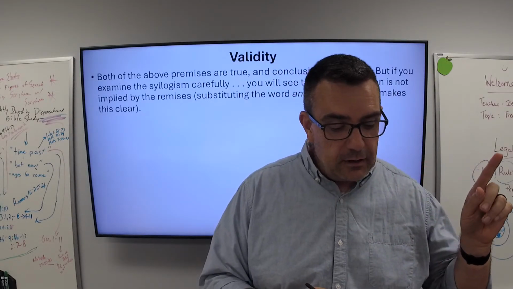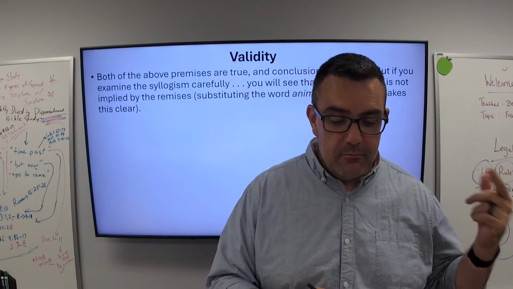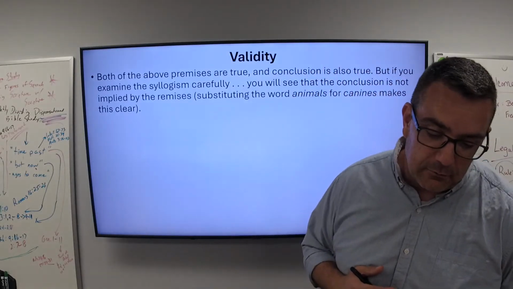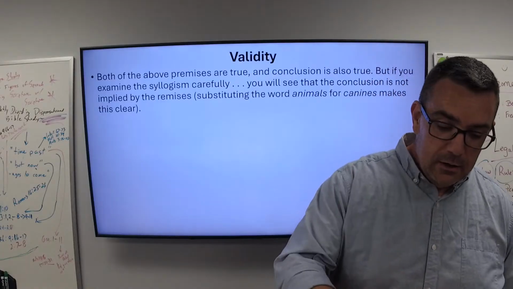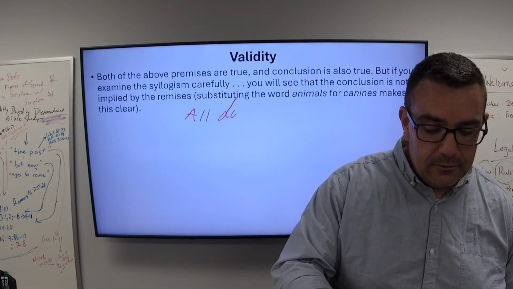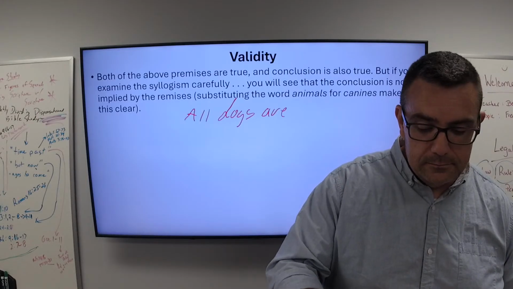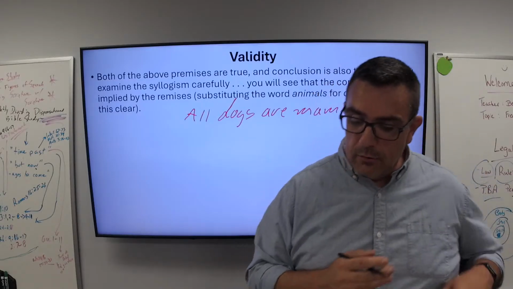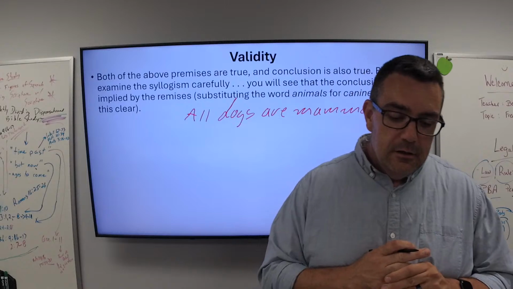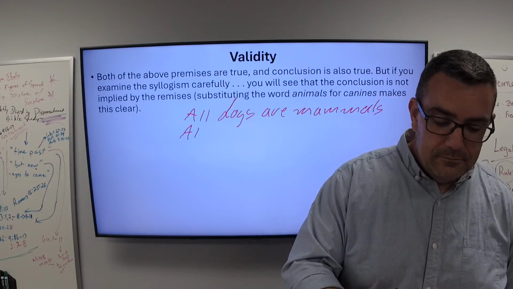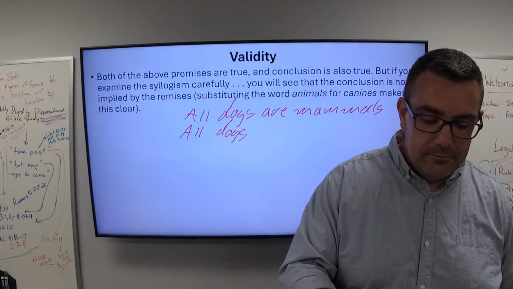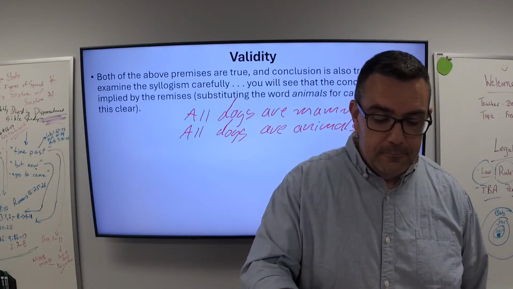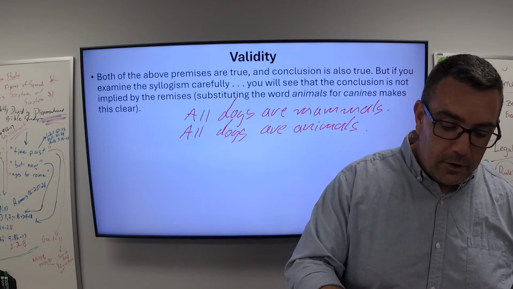Substituting the word animals for canines makes this clear. So we're going to rewrite this, and we're going to substitute the word animals for canines. All dogs are what? Mammals. Now what are we substituting? All dogs are canines, instead of canines, animals. So all dogs are animals, because we're substituting animals for what? Canines, right? Therefore,